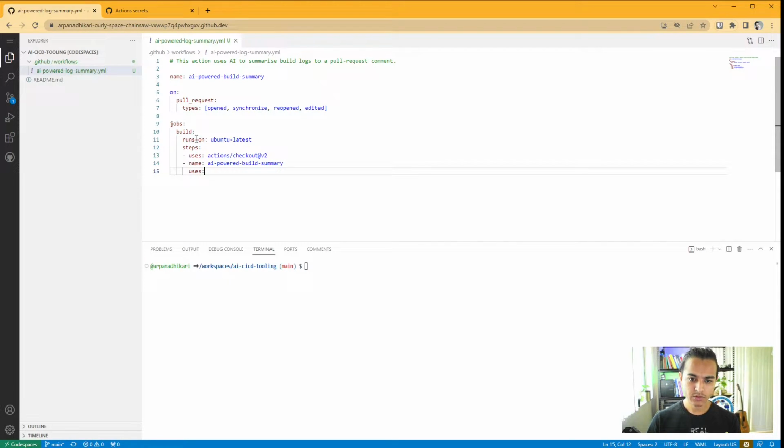So the next step is the jobs. We've got a build job that runs on the Ubuntu latest image and uses actions/checkout. This needs to be run because we want to be able to check out this particular repo into the actions container. That's where the proper code lives, right? So before we do that, we need to actually run a build job. So let's just imagine